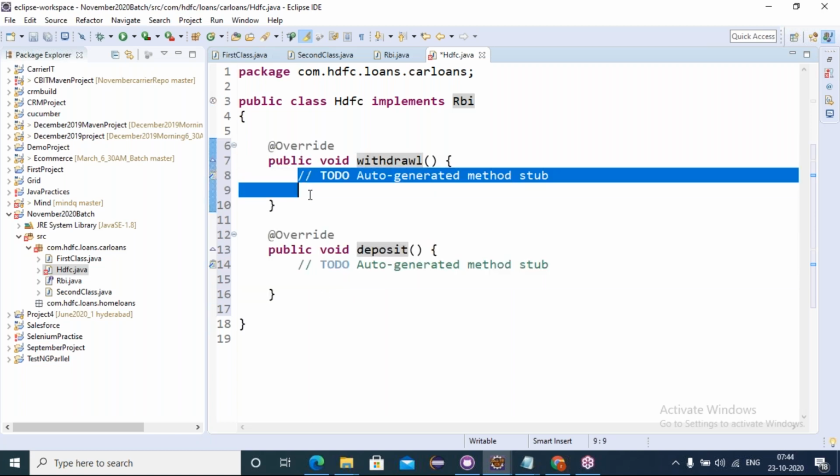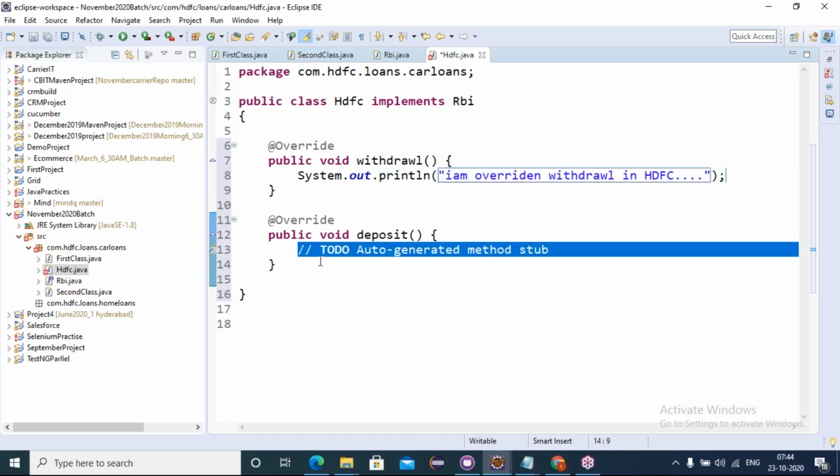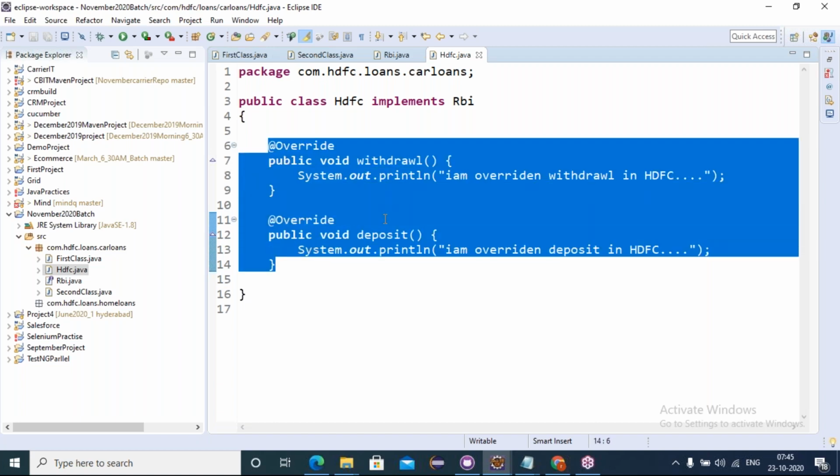So here the child started implementing the logic. Sys out, I am overridden withdrawal in HDFC. Something I was doing like that. And in this deposit also, I am overridden deposit in HDFC. So who has given the implementation for withdrawal and deposit, friends?